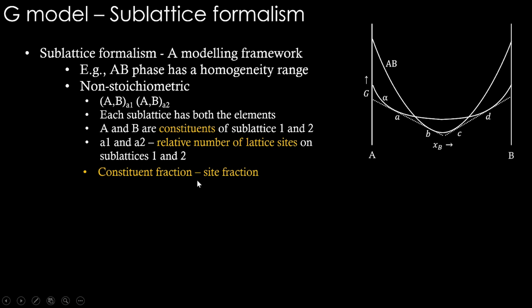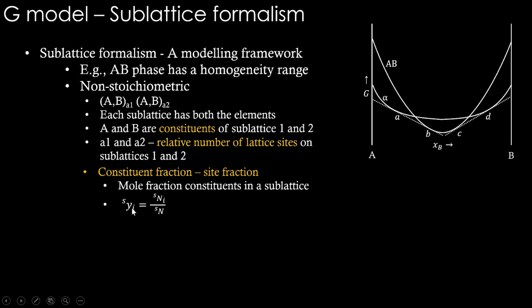Then constituent fraction or site fraction. What is this site fraction? In each sublattice, we can keep on varying the amount of A and B to achieve various compositions. So what is the composition of an element within a sublattice? Let's say mole fraction of constituents in a sublattice. That is what site fraction is. So if you are puzzled about what is this new term site fraction, you just treat it as mole fraction but within a sublattice. A sublattice has multiple species in it. You can keep the summation of all of them to be equal to 1, so that each species has a mole fraction kind of thing, and that is called site fraction.